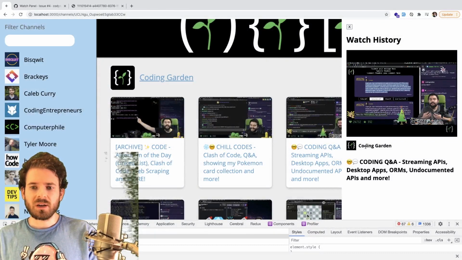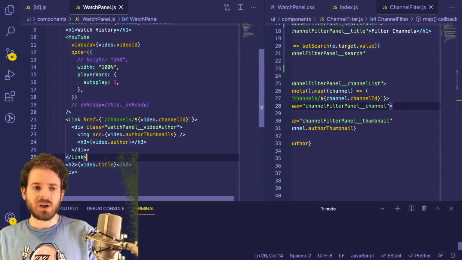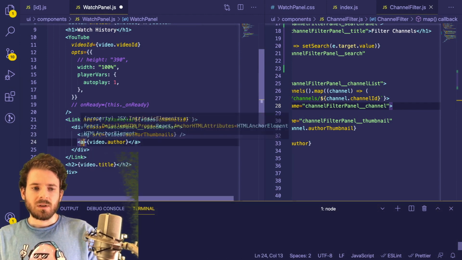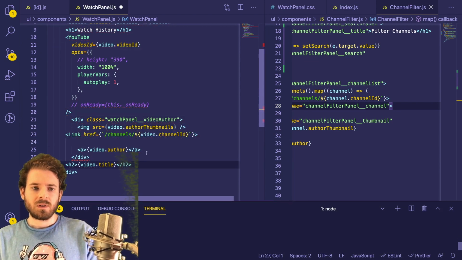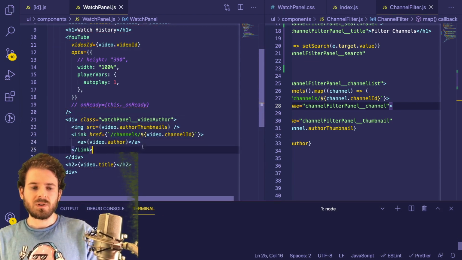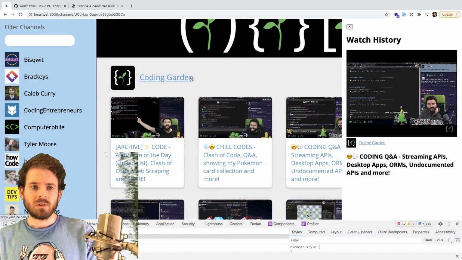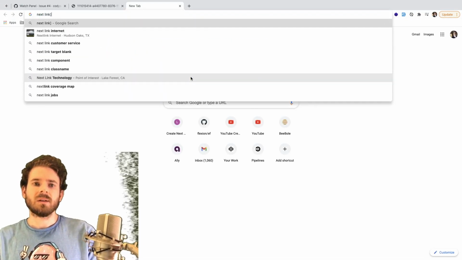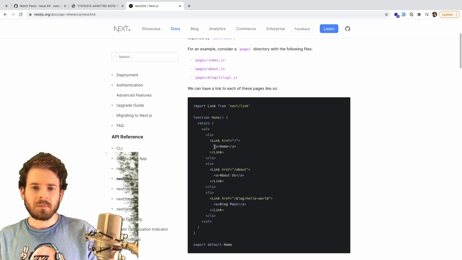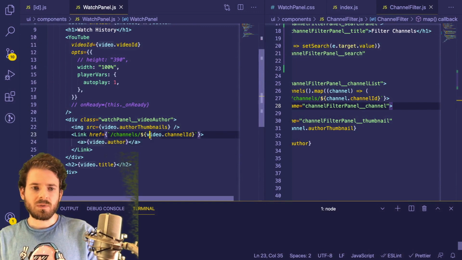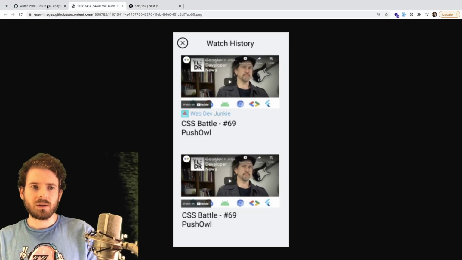But it's hard to tell that it is a link, so let's go ahead and just change, instead of doing the link here, let's do it on this. And we could just do that maybe. Let's do next link, and let's look at the docs. I think there's a way to actually make it render out like an A tag. Looks like you do that. So I think we're in the right position, but